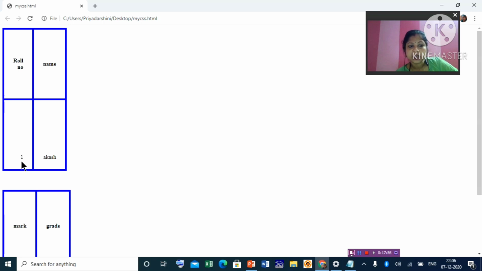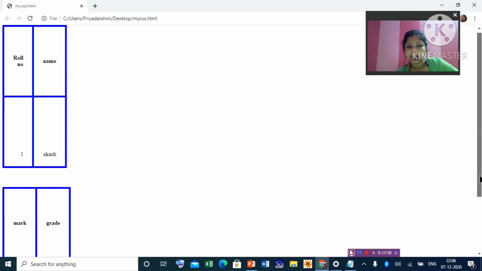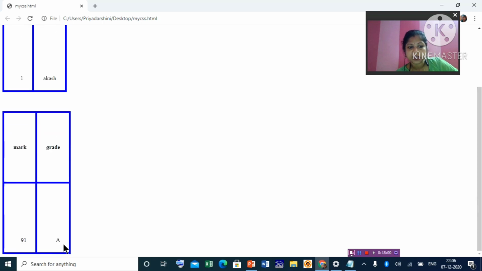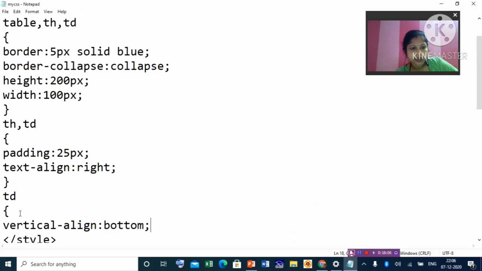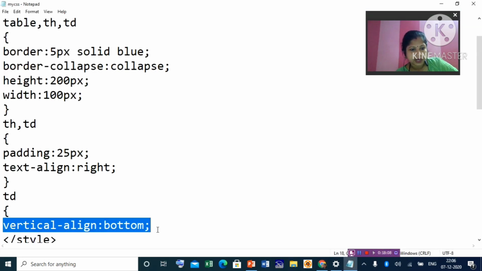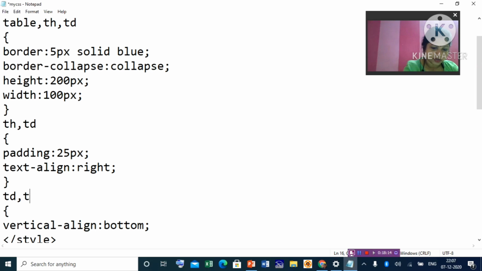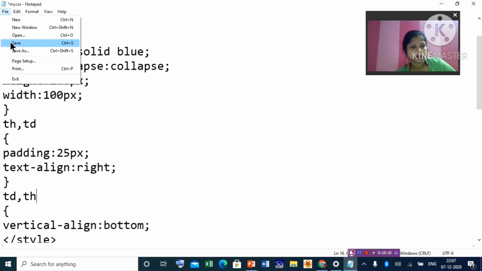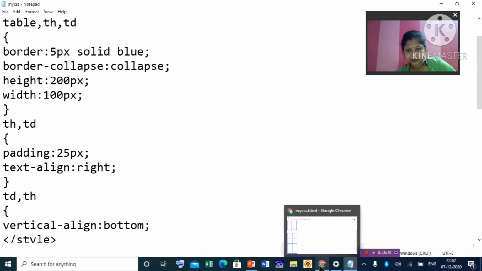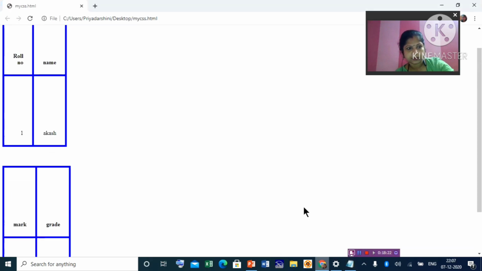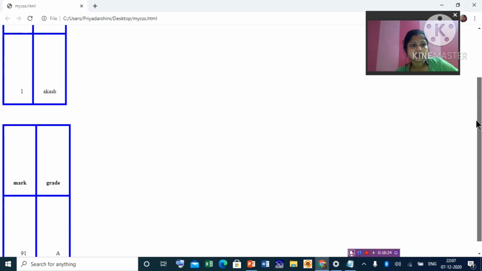The second table also, the data comes to the bottom. If you want to apply it to the first row also, you can write this property by putting a comma, and it will be applied to TD or TH both.